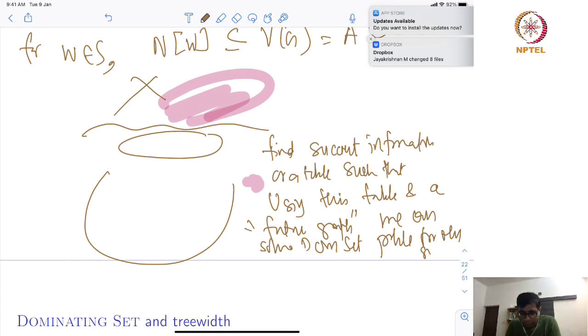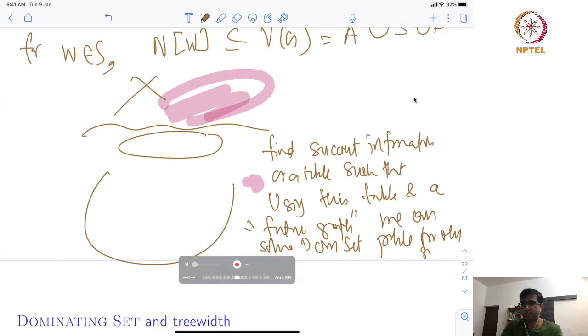So based on this information, when I am doing bottom up dynamic programming, I do not see the future. Based on local information, I don't know what the graph looks like, but I am going to have sufficient information from below, so that if you give me any graph from the top, that graph could just look at the table. It does not need to look at the below graph, and with the help of this table and the graph itself, the top graph itself,